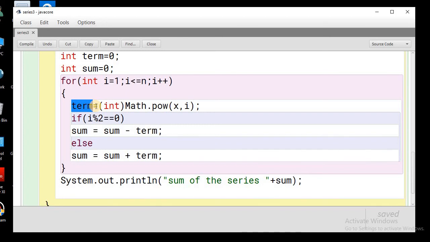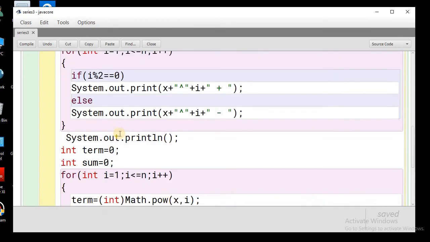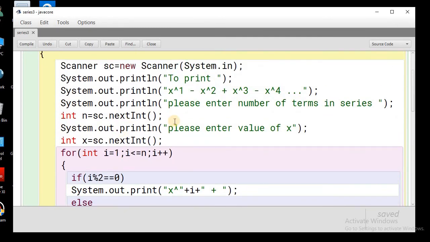Now we will check whether the term is odd or even. So now the condition I mod 2 is equal to 0. This will give you an even term, and whenever the term is even, we will subtract it from the sum. Sum is equal to sum minus term. So remember, in this series, this is the even term, so we will subtract.